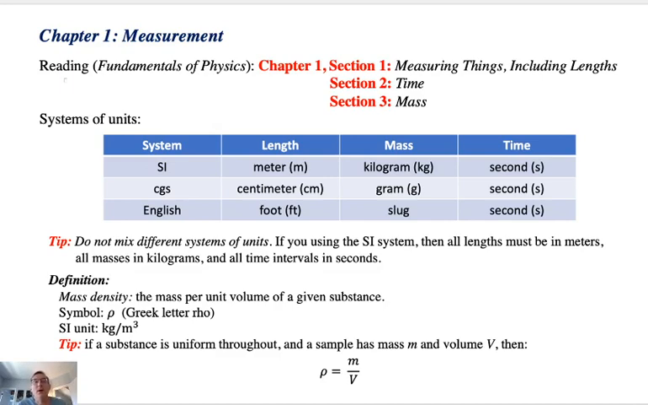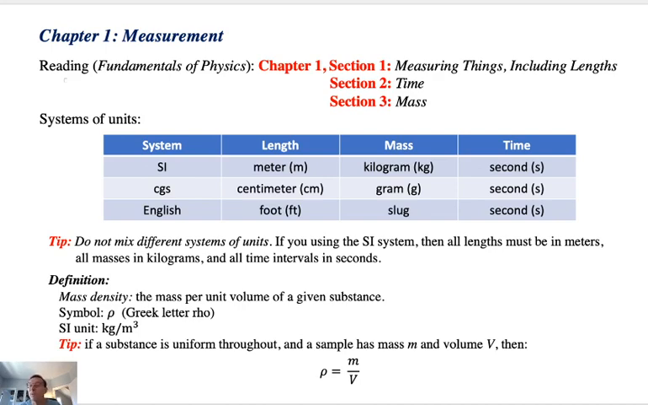In this video, I'm going to give you an overview of the material from Chapter 1 of our text, Fundamentals of Physics, 11th edition. And Chapter 1 is about measurement, units to be more specific. I'm only going to give an overview. If you want more detailed explanations, and I encourage you to do this, you should read the online book, specifically